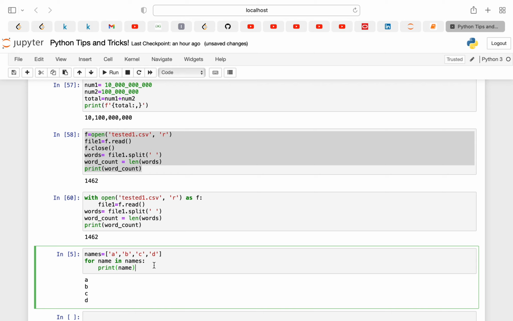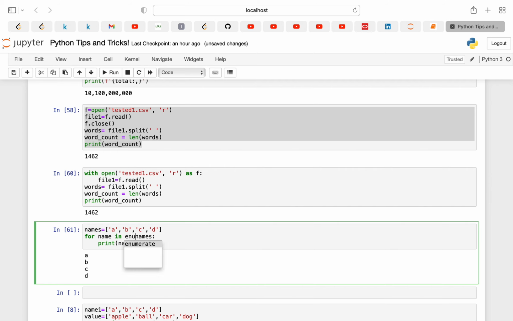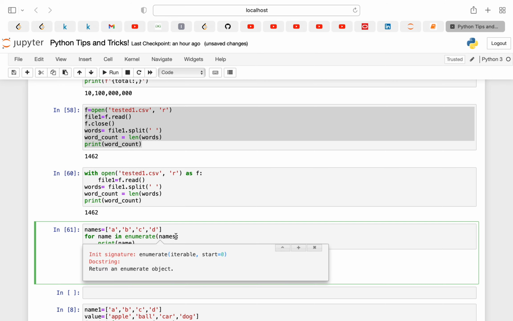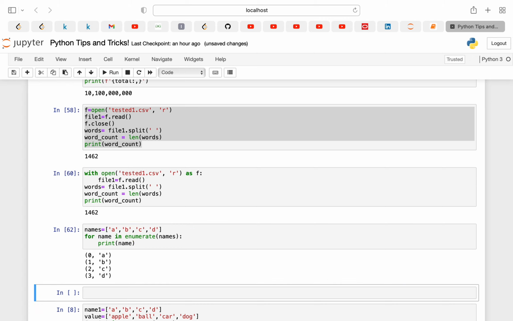Now sometimes when you are iterating over an array, suppose I'm iterating over this array and over each element, sometimes we also need to count its index. What we can do here is use enumerate. If I do enumerate and pass names inside it, I'll get the index also.